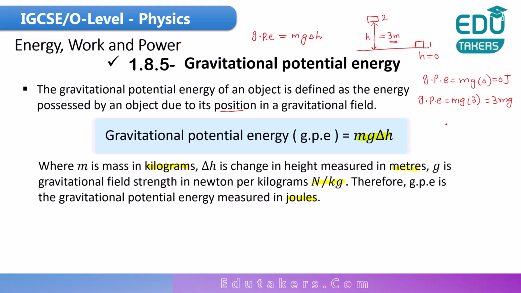If I say that there is an object, and this object is moving towards the ground, then what would be the effect on the gravitational potential energy? First of all, see here, the object is moving towards the ground, which means that the height is decreasing. So when the height decreases, what can you say about the gravitational potential energy? Of course, by decreasing the height, the gravitational potential energy also decreases. So I can simply say that the gravitational potential energy also decreases in this case when the object is moving